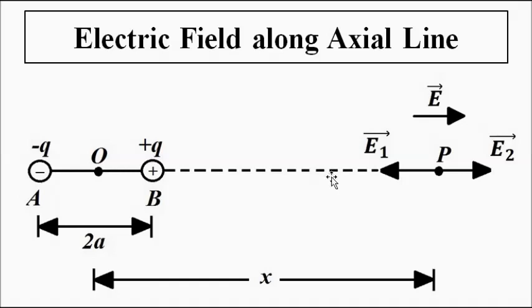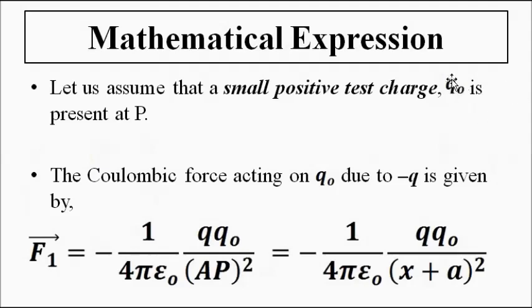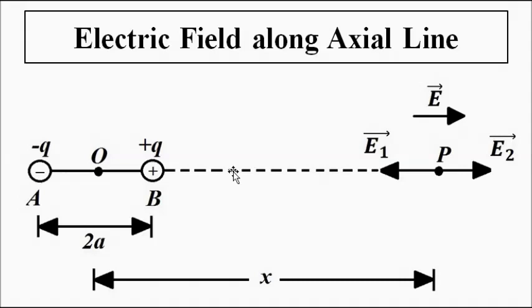So this is the axial line in the horizontal direction. Now let us pick a point P on the axial line, any random point. The distance of this point from the center of the dipole, this point O, let's say is x. Now let us suppose a small positive test charge, let's say q0 (small q subscript 0), is present at P. So now we have to evaluate the electric field first by considering this charge minus q,